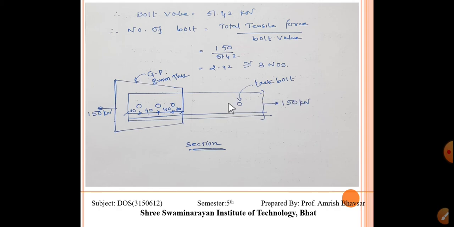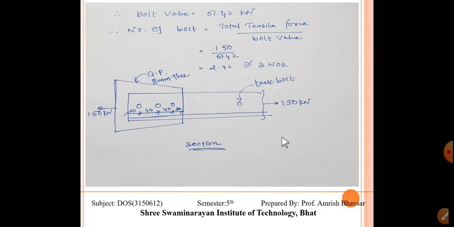What is a tack bolt? A tack bolt is a simple bolt used for connecting the members whenever the member is more than 1 meter in length. We have to connect that member with the help of bolts, so we can maintain the distance between the two members as a gusset plate. Clear?